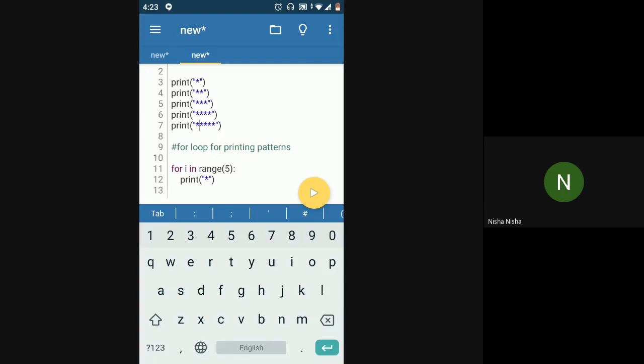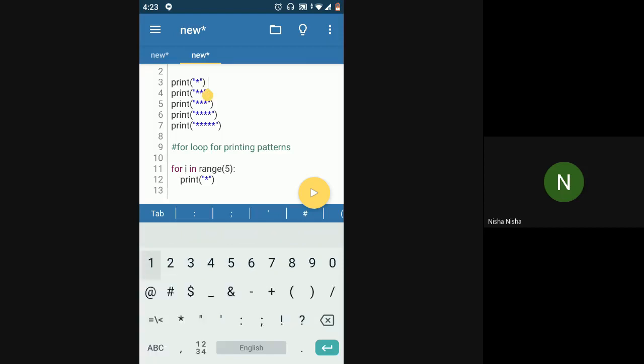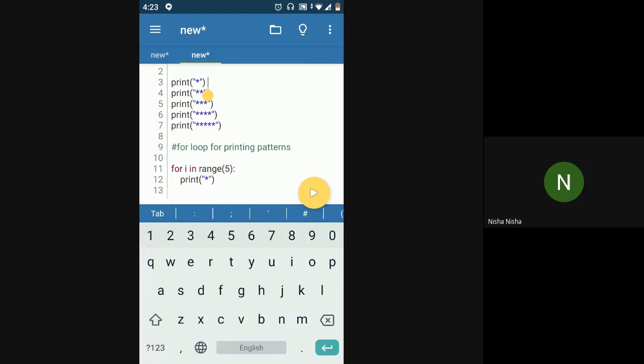Yes, ma'am. Okay. So now you have to find out what is the relation between the count of the iteration, like what iteration it's going on, and how many stars I want on that iteration. That is the relation you have to find out. So how will you find out? You just say here, in the first iteration of the loop I would be 0.